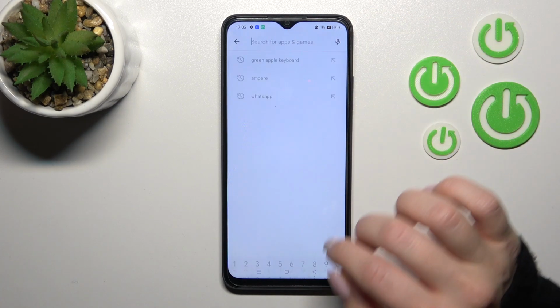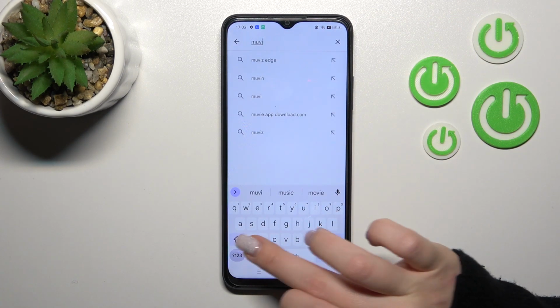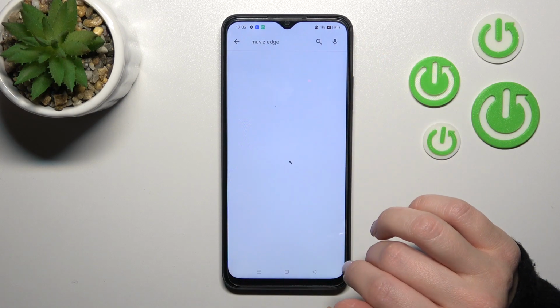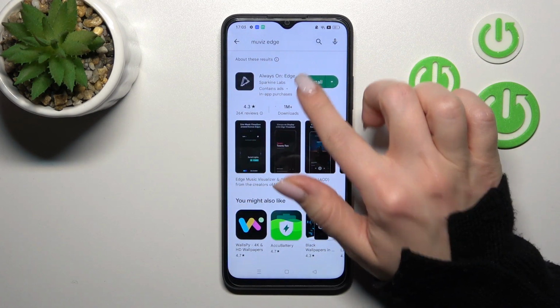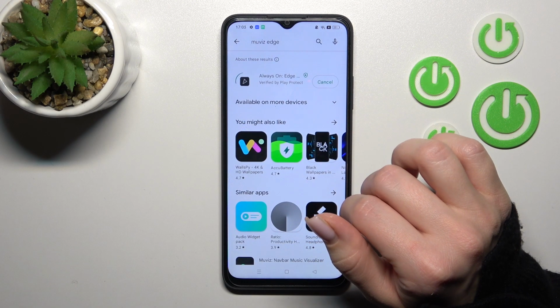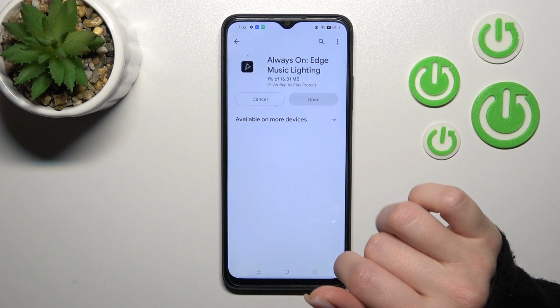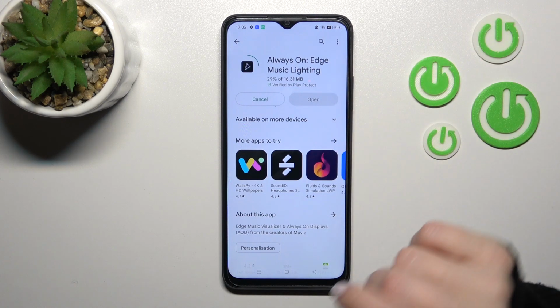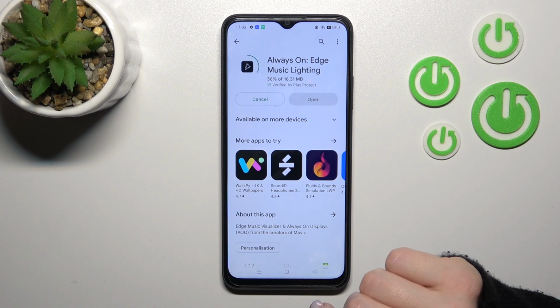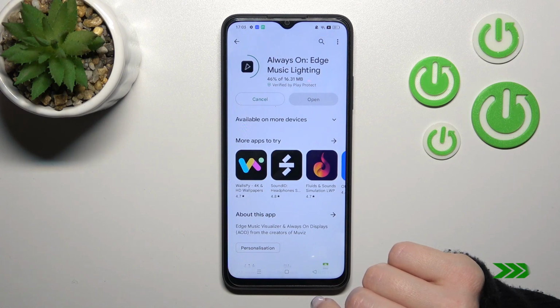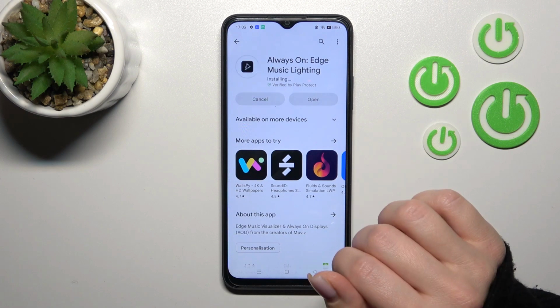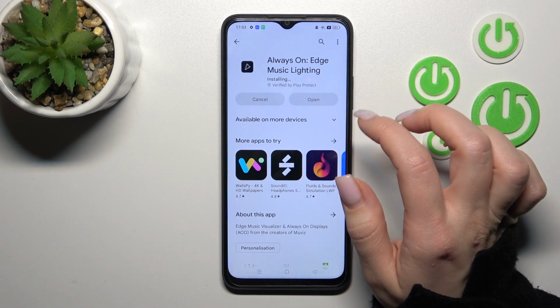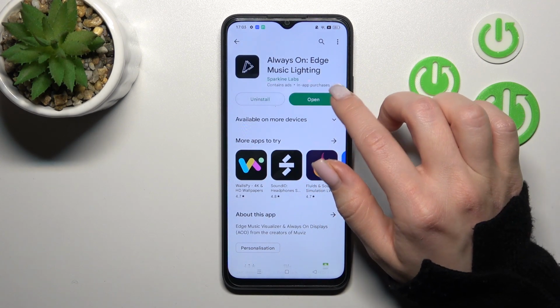And now in the search bar we should enter Muviz Edge. After that we should install this application, so just tap the install button and wait a couple of seconds while the application is downloading and then installing on your device. After that we just should open the application,